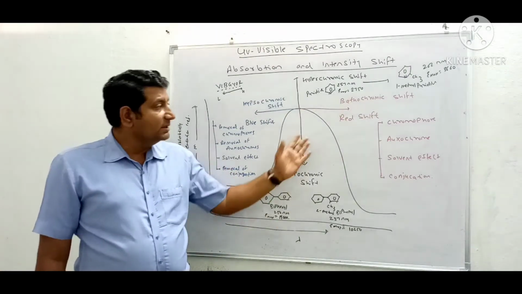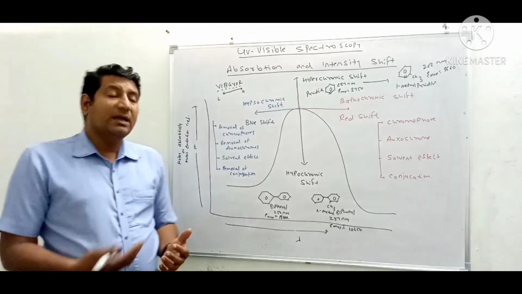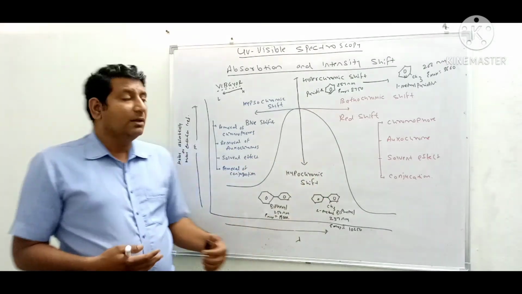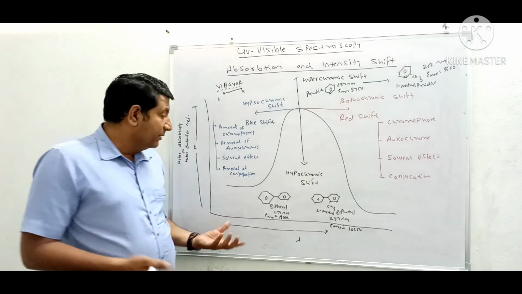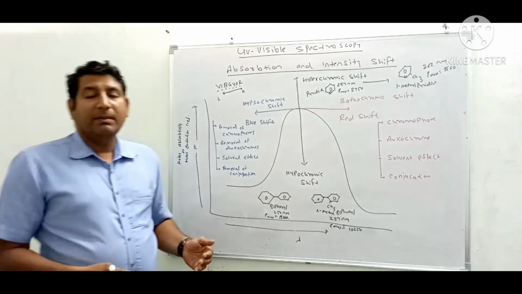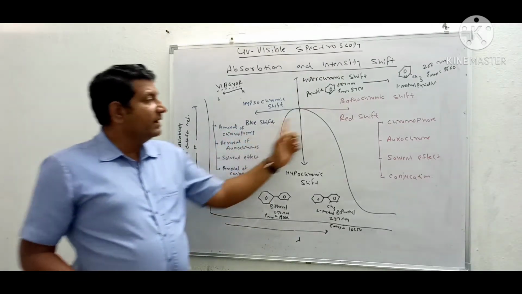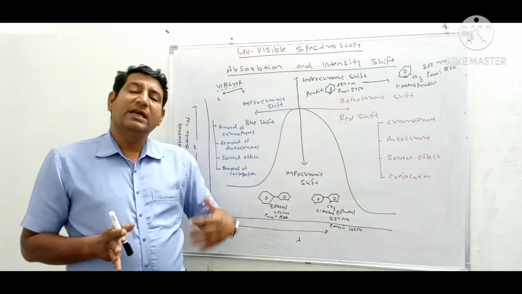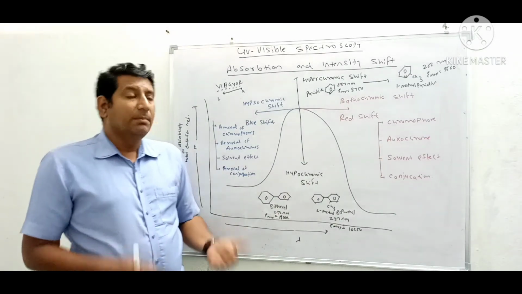Removal of conjugation. In case of red shift, we have studied that as we increase double bonds and triple bonds, the lambda max is shifted towards higher wavelength. If we remove conjugation, if we saturate the compound with hydrogen or remove the multiple bonds, it causes a shift of lambda max towards shorter wavelength and it will cause blue shift. So blue shift and red shift are the two types of shift in which lambda max is either increased, known as red shift, or decreased to a shorter wavelength, known as blue shift.